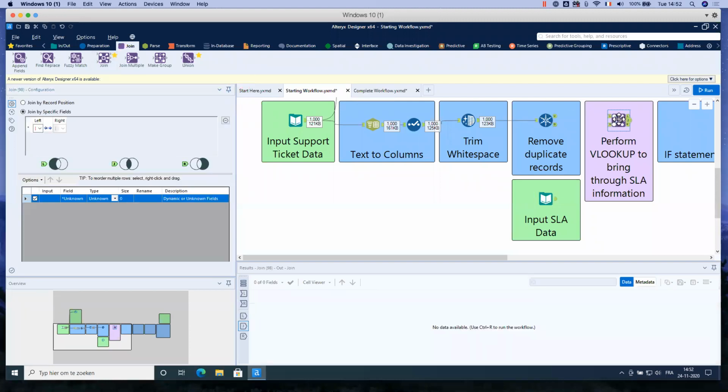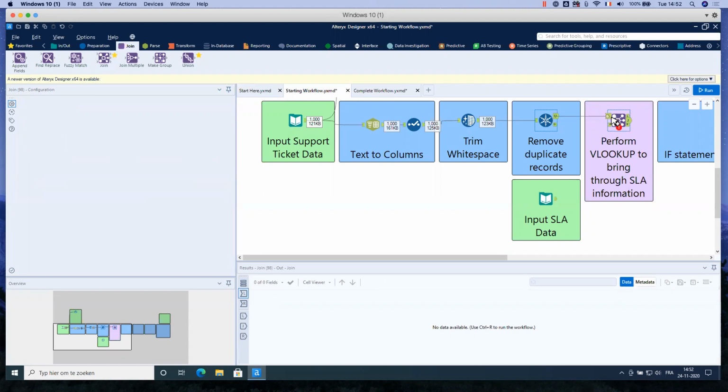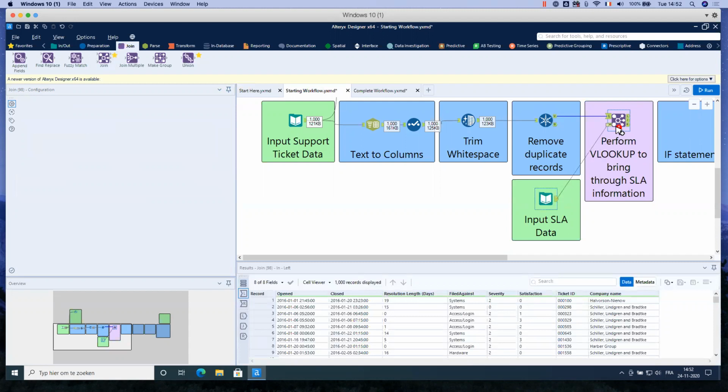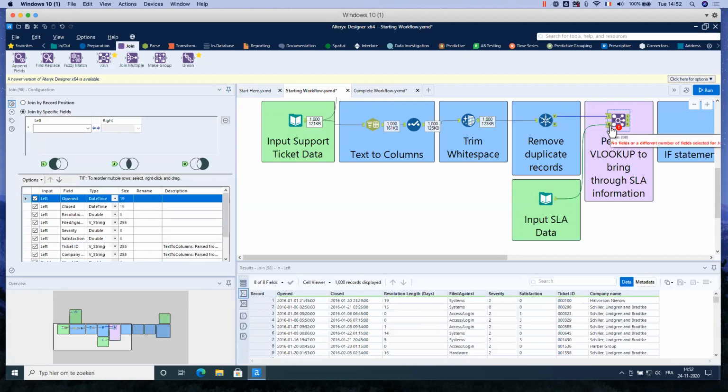And then, in fact, my support ticket data will connect to the left side here, and my input service level agreement data will connect to the right anchor here. So now I need to select a common field.